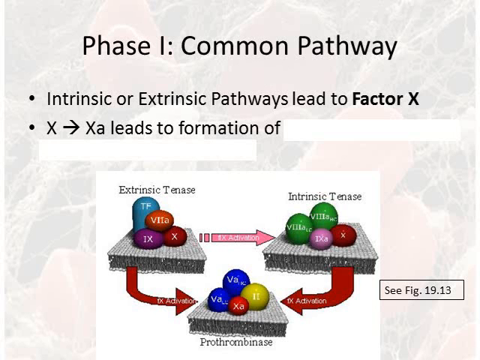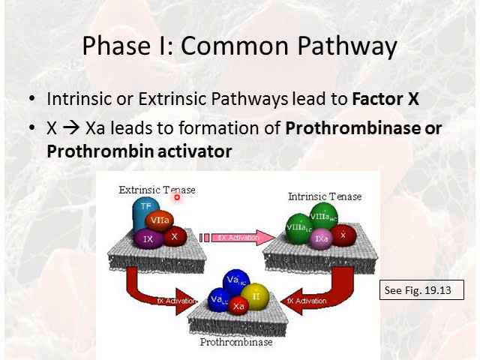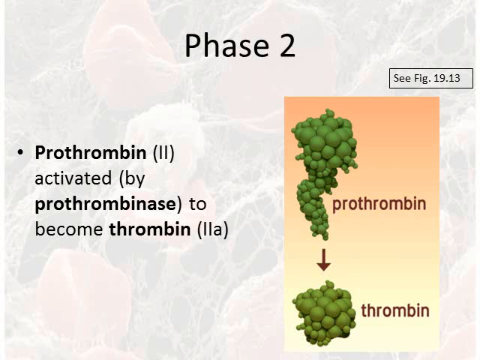Okay, so then after we form factor 10 through either the intrinsic or extrinsic pathway, factor 10 is going to become activated and become factor 10A, which leads to the formation of prothrombinase, also known as prothrombin activator. So that's the goal of phase 1, to make prothrombinase or prothrombin activator. In phase 2, really all we're doing is taking that prothrombinase we made in phase 1 and turning prothrombin into thrombin. So prothrombin activator, prothrombinase, is right here, causing prothrombin to be turned